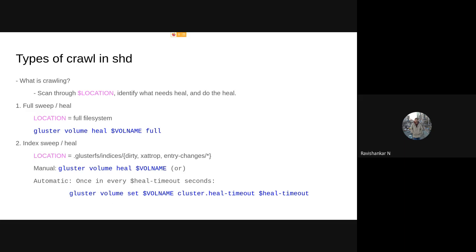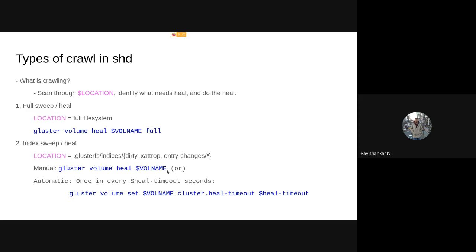For now, let us just know that index sweep means the self-heal daemon will crawl through these three folders to get the GFIDs of the files that need heal. There are two ways of running this index heal. One is manually running it through the CLI using gluster volume heal <volname>.